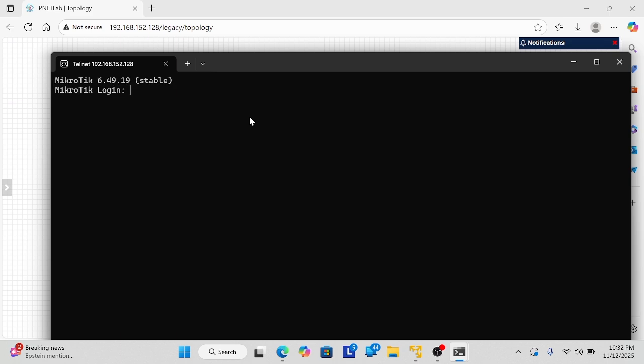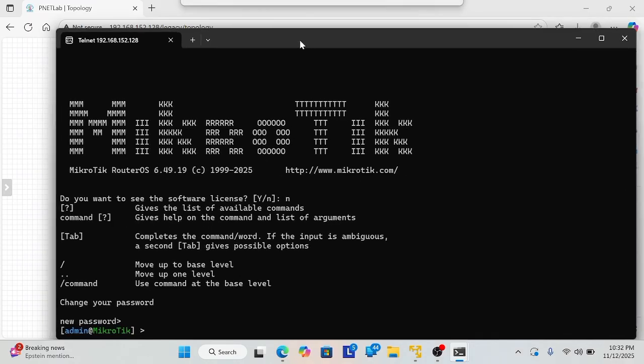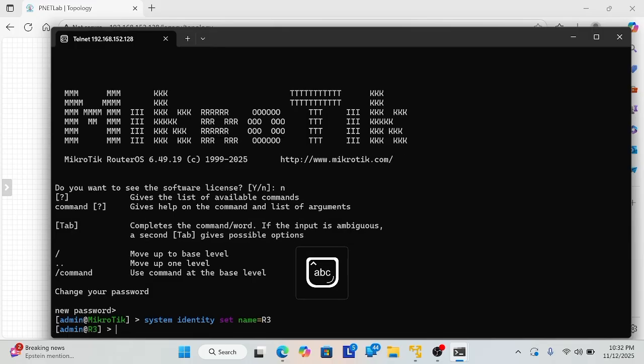Now configuration in router 3. You can open and log in again as admin, and set the name again with system identity set name router 3.